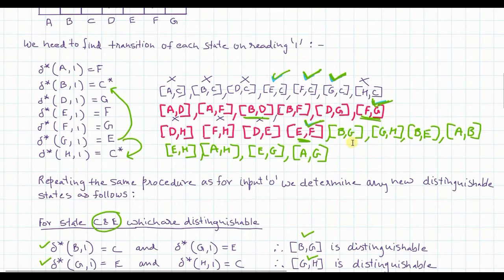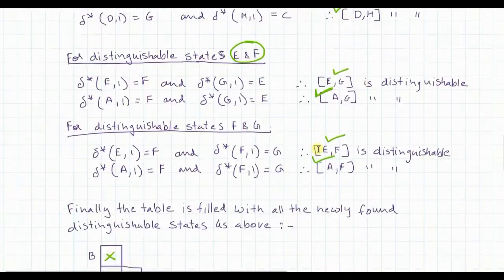You should not proceed with those pairs which we have found for the current iteration. You have to only stop till all the pairs which are possible from the last iteration, like EC, FC, GC, FG and EF. These were the pairs from the last iteration which we found that for the current iteration to get new distinguishable state, these states would be fruitful. So only for these states you find out. You don't continue this procedure for the states that we have just got in the current iteration. So don't follow the procedure again for these green color states. That's what I mean. So this is the time where you have to stop.